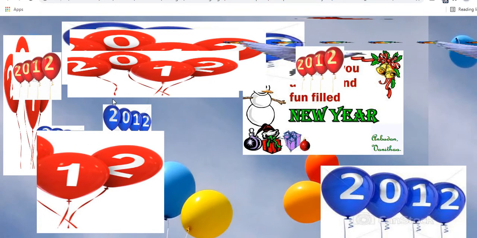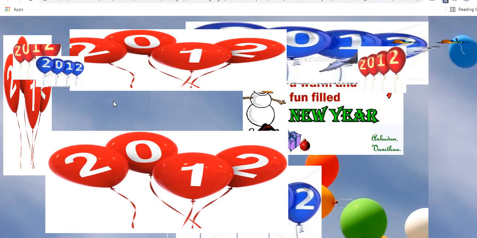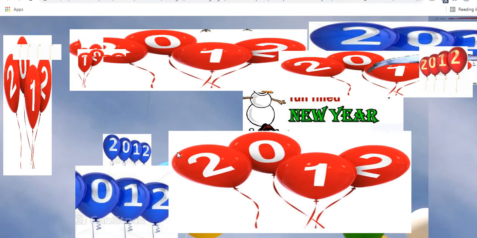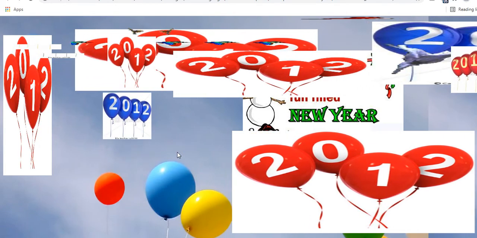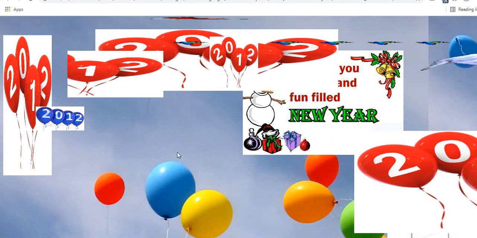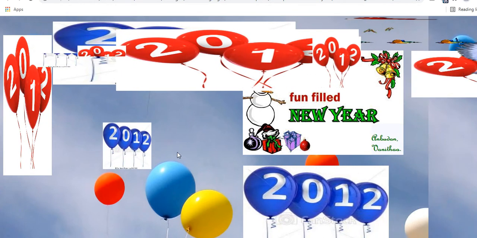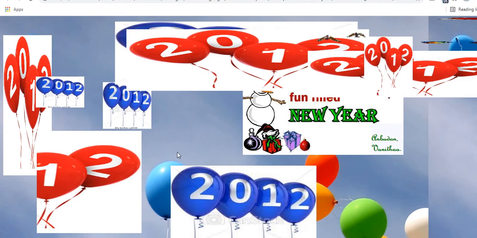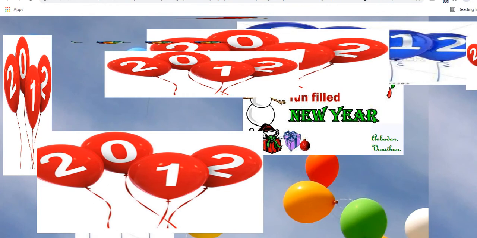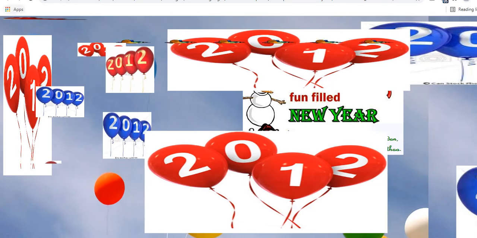So I'm clicking, and it's wishing a happy new year. But you should not design like this, it's so ugly, because you have to cut out all these balloons. At that time I didn't know Photoshop or anything. I just wanted to try, because it is very interesting: if you see everything visually, whatever you do, if you see the output, you get interested automatically. So while I was studying, I just did it out of curiosity, that's all.